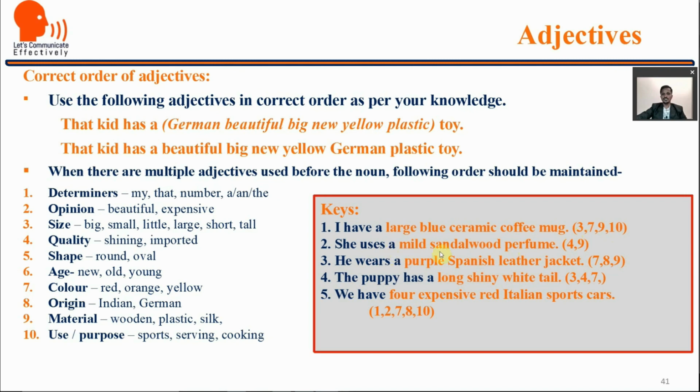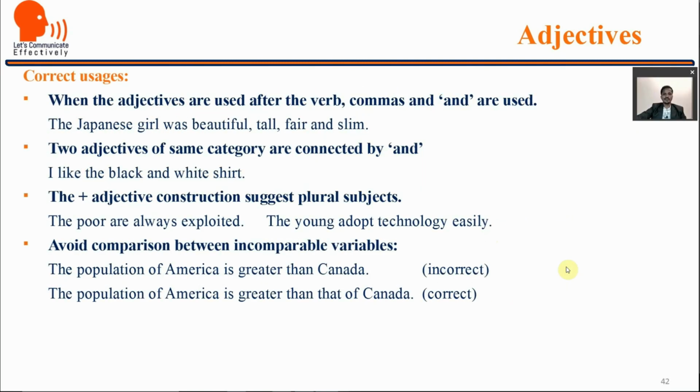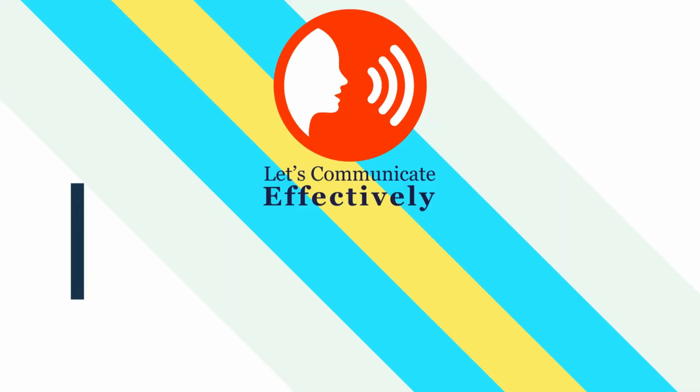Like, she uses a sandalwood mild perfume. No, mild sandalwood perfume. Avoid comparison between incomparable variables. For example, the population of America is greater than Canada. So here what we are doing, we are comparing the population of America with Canada as country. So which is